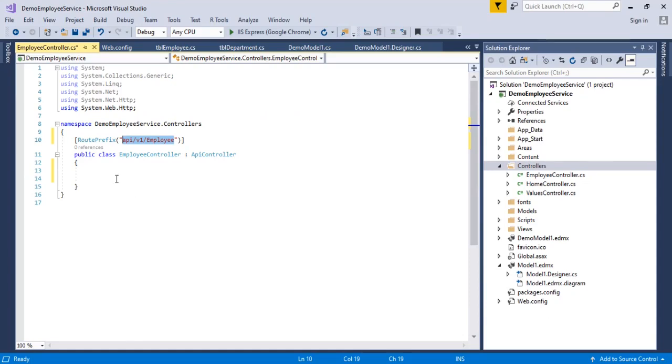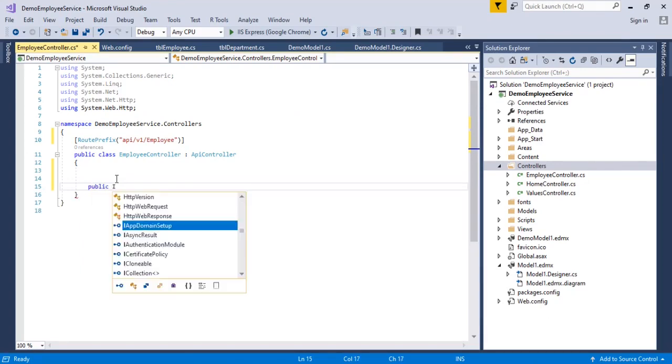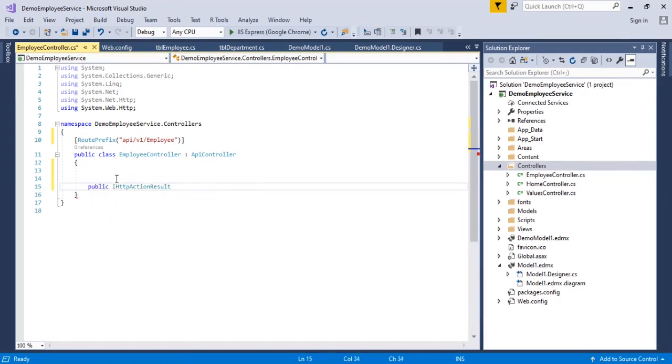Now go and write the methods. So public IHttpActionResult Get, write the Get method. The Get method is used to get all employee details.